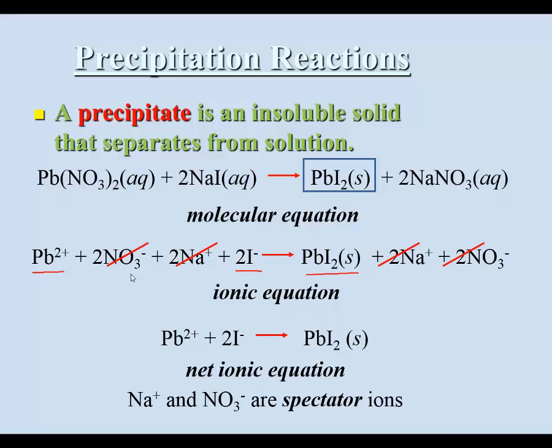So I'm indicating that I've canceled the nitrates and sodium ions out as spectator ions, and so I've listed sodium and nitrate ions as spectator ions. And my net ionic equation shows me really what has changed in the chemical reaction, where I have lead-2 ions precipitating with iodide ions, so I would add a phase label AQ here,